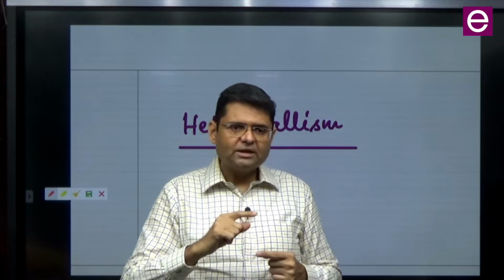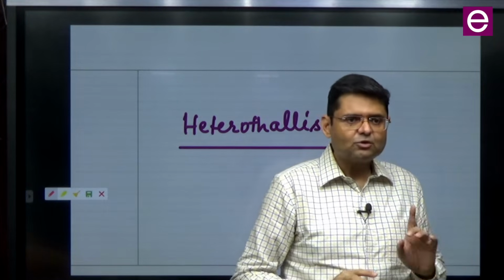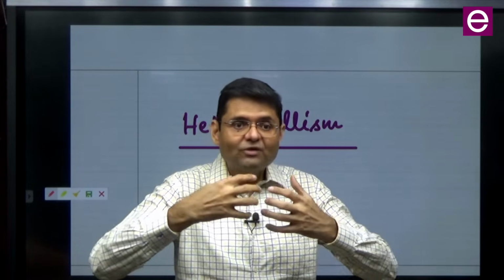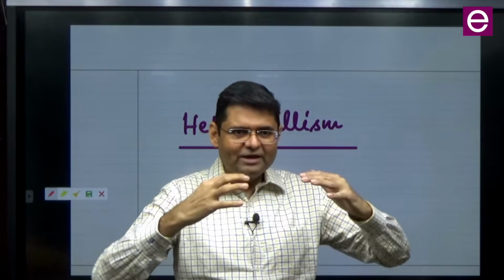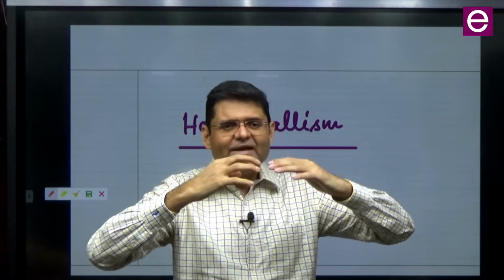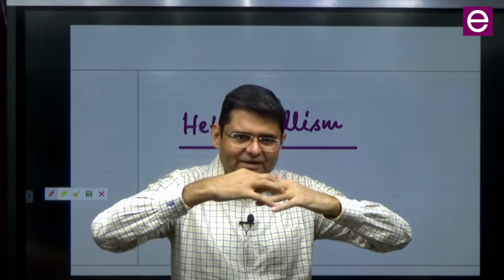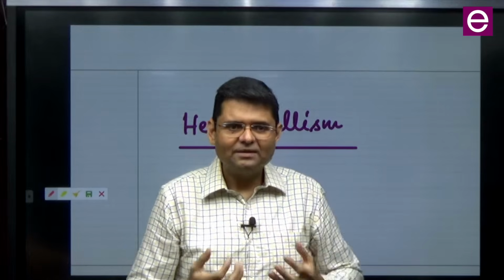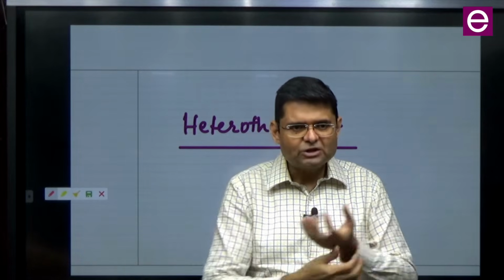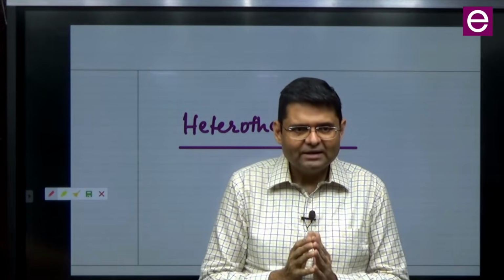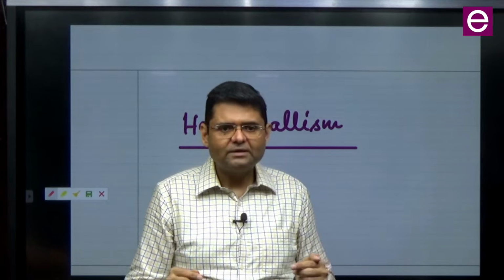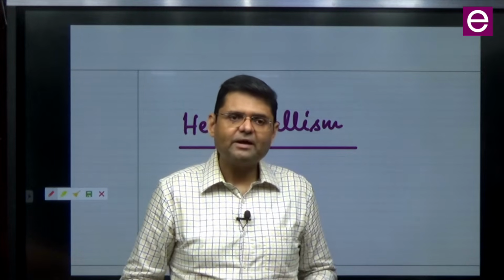Because sexual reproduction gives you one advantage which asexual reproduction does not give you, and that is what? The possibility of genetic novelty. In sexual reproduction, when gametes unite, the gametes are most likely to be genetically different from each other. When they unite, the zygote has a mixed genetic profile, and then in meiosis, the mixed genetic profile will be distributed among the offspring, and then offspring will differ slightly from the parents.